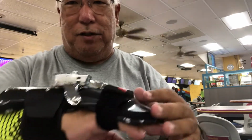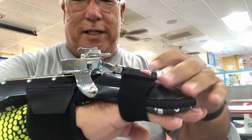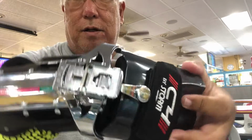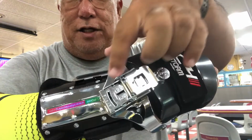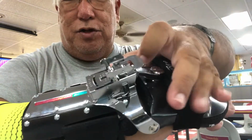Now, if you want the ball to turn a lot more in the back, what you do is you reset this again, and now you get the lateral movement, see? This will cause the ball to have more rotation. So depending, you've got to look at the graph here. Now, depending on your preference, you can just turn it